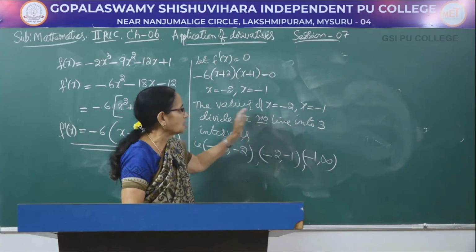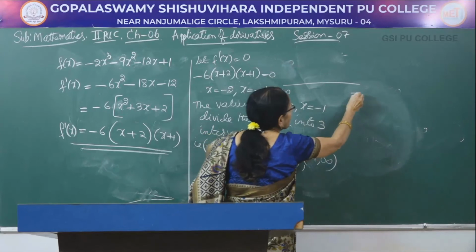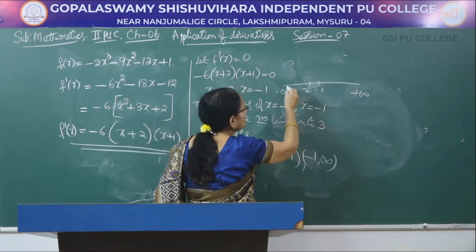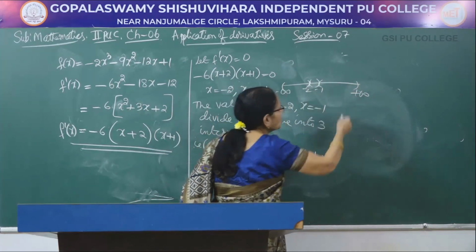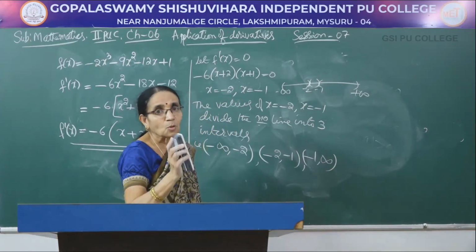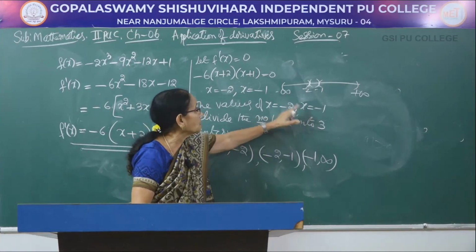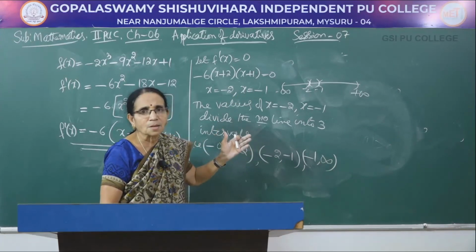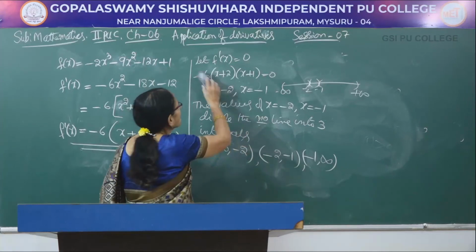There are 2 points here. So, the number line is like this, isn't it? It is minus infinity to plus infinity. Here minus 2 is there, minus 1 is there. So, here to here one interval, here to here another interval, here to here another interval. All of them are open intervals. We don't take the closed interval because at exactly minus 2 and exactly minus 1, f dash x is 0. So, we cannot say whether it is increasing or decreasing because it becomes a constant, neither increasing nor decreasing.